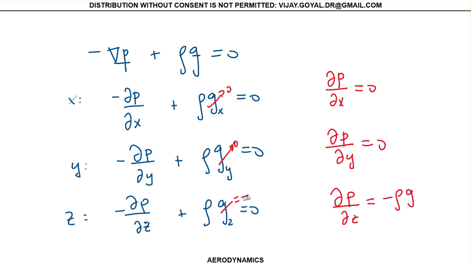And I should say it's minus rho g because this is minus g because it goes in the opposite direction. Okay, so now if we keep moving, we can work with this equation and we can find some useful relationships that we use very often. Let's say for an incompressible fluid,